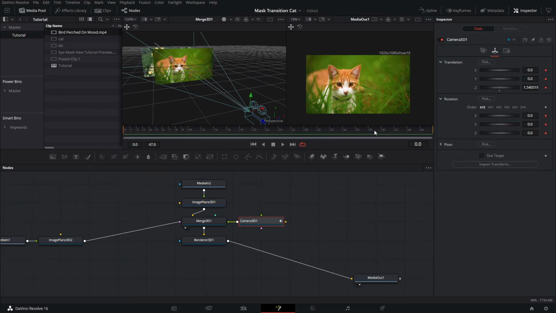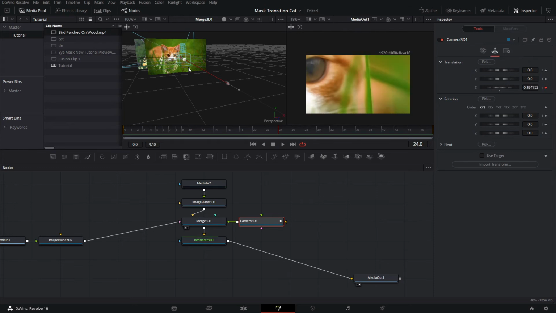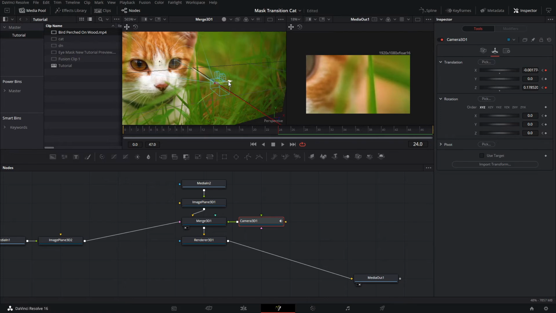To make it smoother, we're gonna have to do a few steps. We're gonna go to frame 24 first, and we're gonna bring it as close as we can to the cat, and try to see if we can actually catch the eye of the cat as it is transitioning